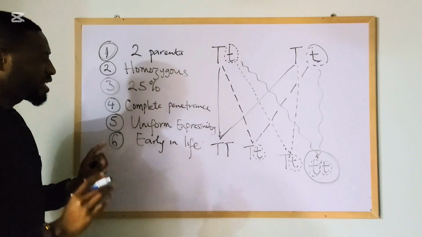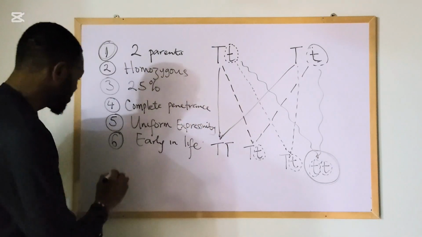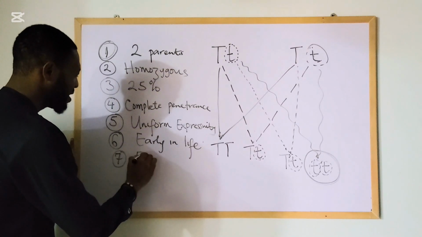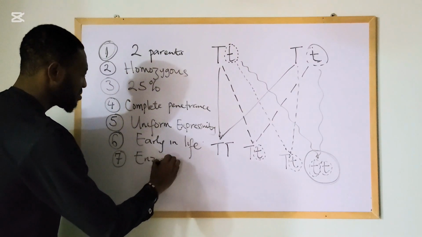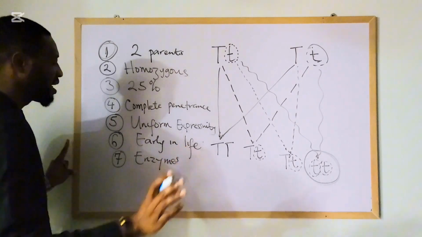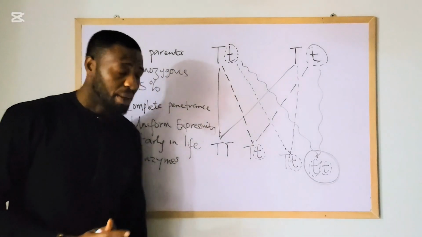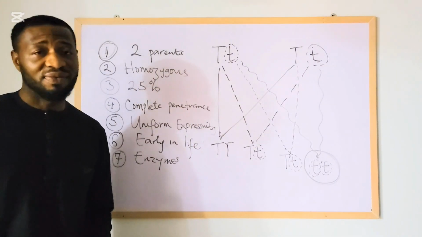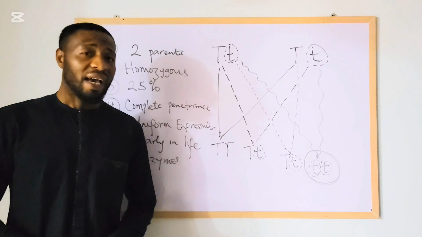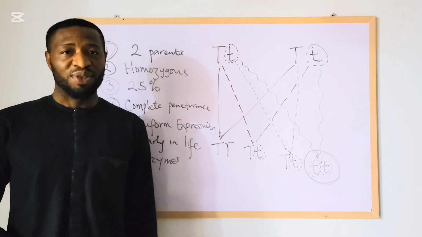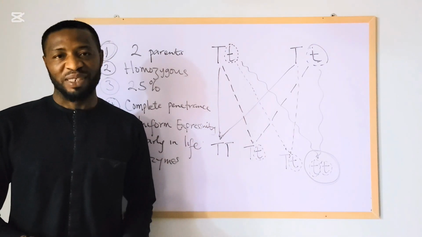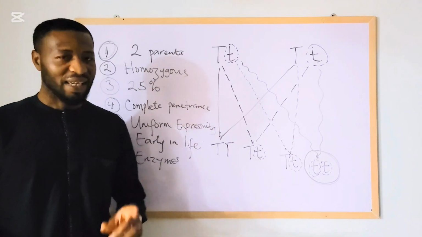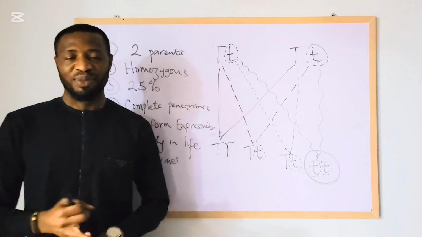Okay, they manifest early in life. And then finally, their pathogenesis is usually related to enzymes, mainly enzymes and other minor proteins. And that is why the examples of autosomal recessive disorders are abundant. Okay, and all inborn errors of metabolism are autosomal recessive disorders. So the glycogen storage diseases, alkaptonuria,